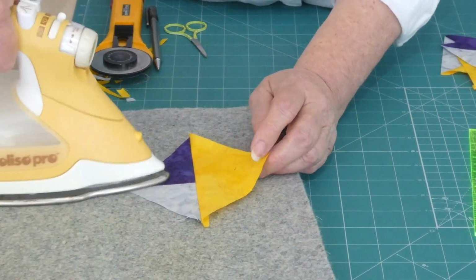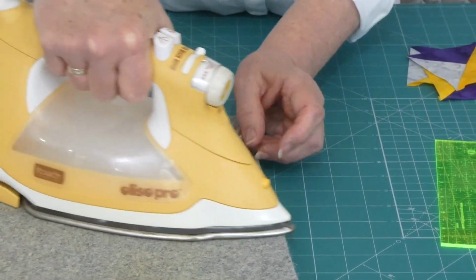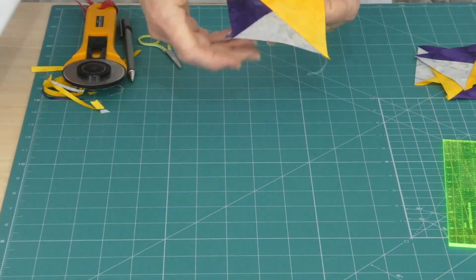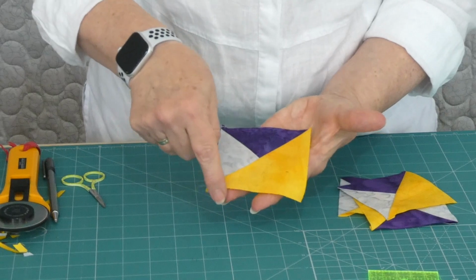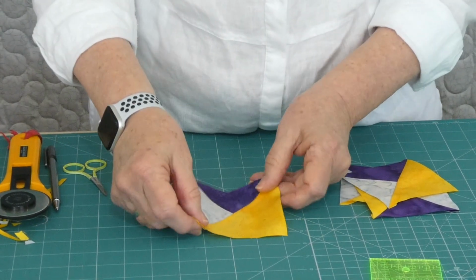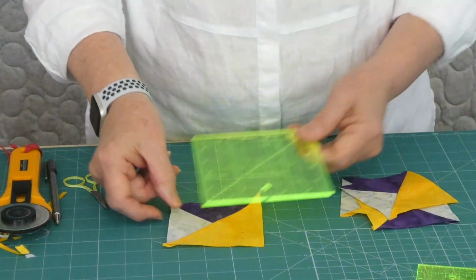So I've gone ahead and cut my squares, trimmed off the corners that we don't need, and I'm just pressing this last one because I've actually gone ahead and done some of the trimming, but I'll show you on this one. So in this case the yellow square was larger than the one that we were sewing on, and so it's sticking out a little bit more, but we need to trim these so that everything fits together to make